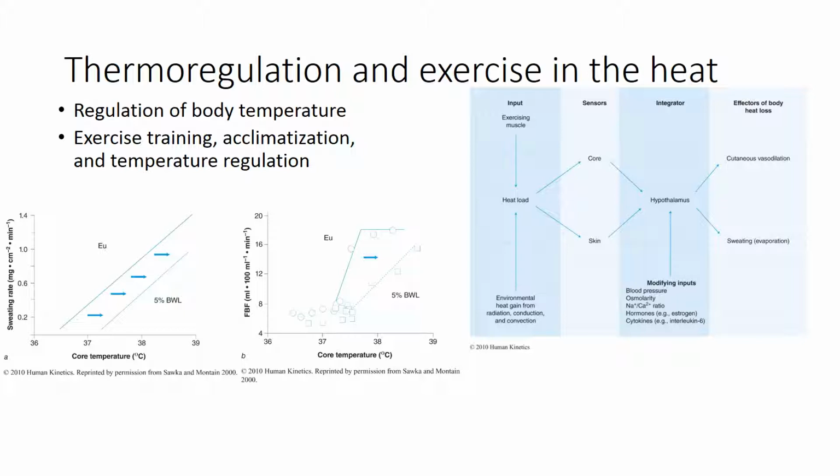Okay? And then we talk about cytokines, guys. That's the inflammatory markers. So how many of you guys, after really hard leg training, really hard arm training or something, literally the next day or two, your arms or legs were swollen? Like you could tell that they were puffy. And you'll sometimes see this in your joints. Like your joint will actually be swollen. And that's, once again, modifying that fluid balance. So then, from there, we've got two things we're going to do. We're going to send more blood to the skin, and then we're going to start sweating. Okay? Those are the two things that we can do.